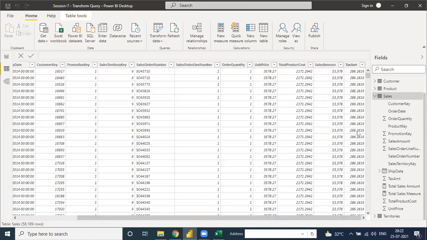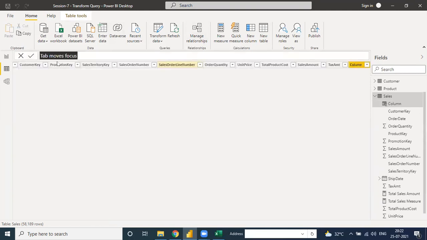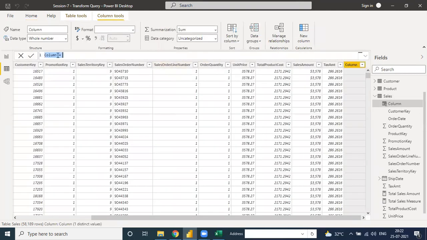When we add one column here, I will tell you how to add a column directly. New column, name the column as total sales.